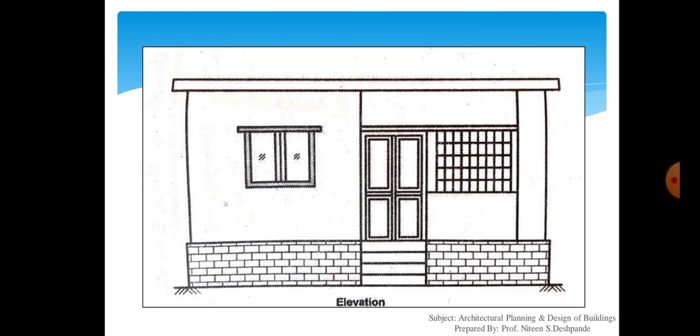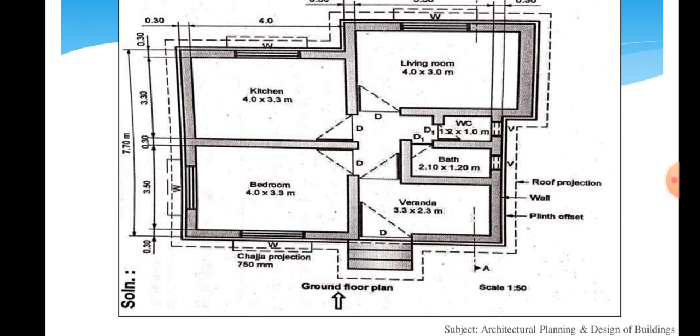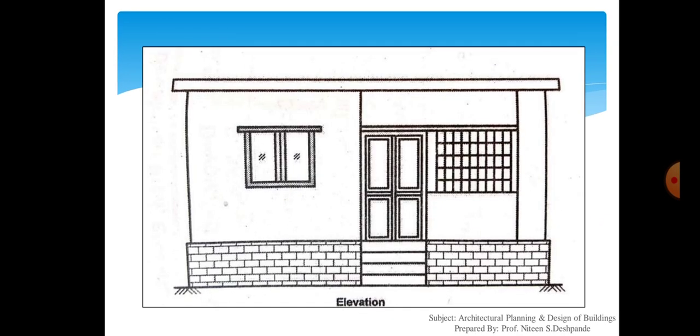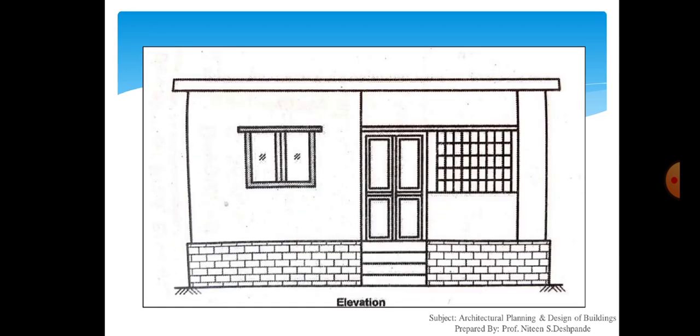Then this is the elevation. In the plan you can see the front elevation. In the front we can see there is one window and 3 to 4 steps. So you are seeing here one window, one door and a plinth of course. Elevation is somewhat easy as compared to the other 2 drawings. And this is the section of this drawing. First you have to mark the